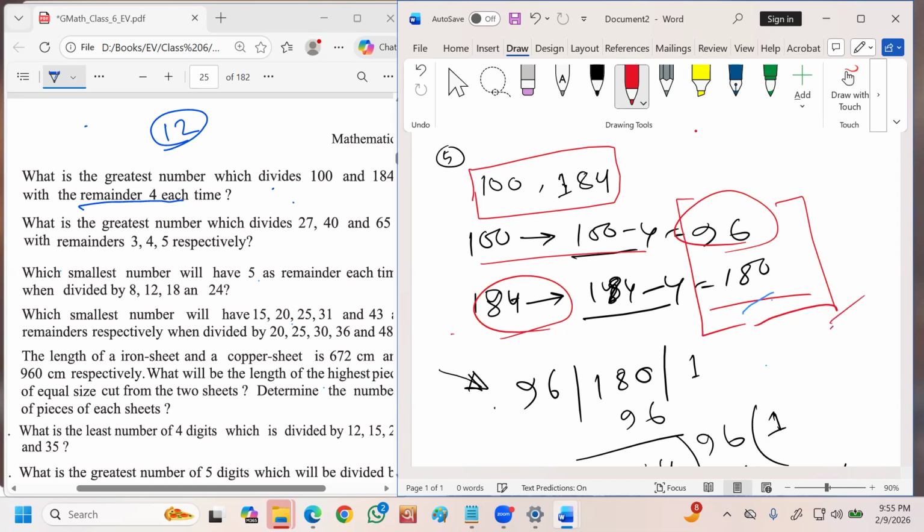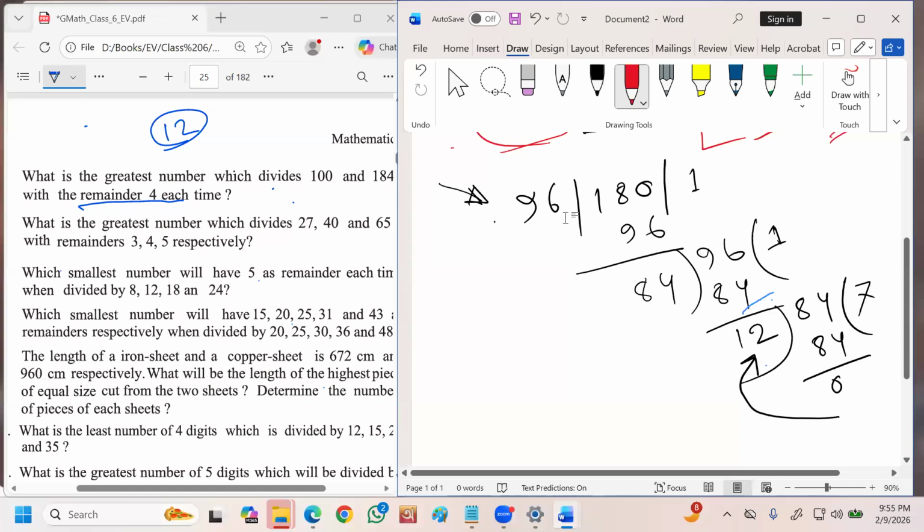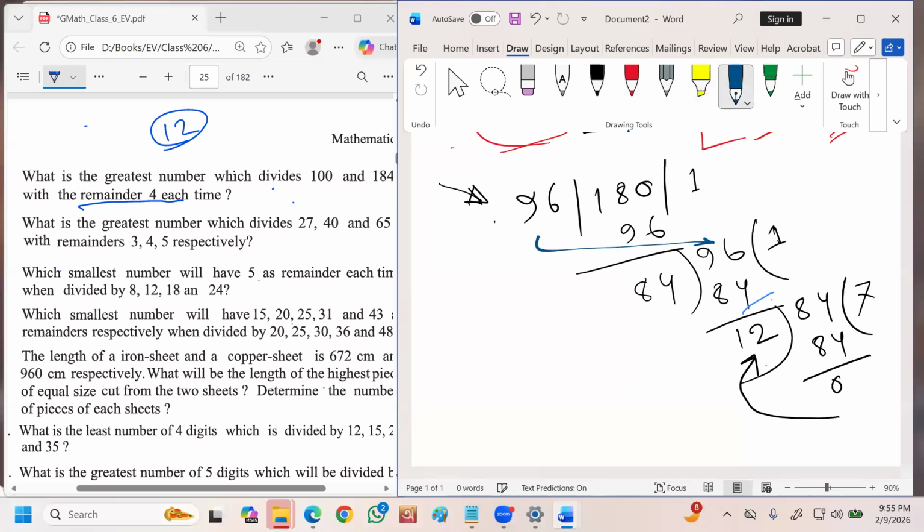আচ্ছা, যাই হোক, এই পর্যন্ত ধরে নিচ্ছি তোমরা বুঝেছো। ঠিক আছে, এরপর আমাকে জাস্ট জিসিডি ক্যালকুলেট করতে হবে। জিসিডি ক্যালকুলেট কিভাবে করবো দুইটা নাম্বারের? সবচেয়ে সহজ মেথড হচ্ছে আমরা যদি ডিভিশন মেথড দিয়ে করি। আমরা 96 দিয়ে 180 কে একবার সর্বোচ্চ ভাগ করতে পারবো, রিমাইন্ডার থাকবে 84। 84 দিয়ে এই 96 কে আমাকে আবার ভাগ করতে হবে। মোস্টলি আমি 1 টাইমস ভাগ করতে পারবো, 84 থাকবে, রিমাইন্ডার 12। এই 12 দিয়ে আগের যে ডিভিজর ছিল 84 তাকে আবার ভাগ করতে হবে। এবার দেখলাম রিমাইন্ডার 0। তার মানে জিসিডি হচ্ছে সর্বশেষ যে